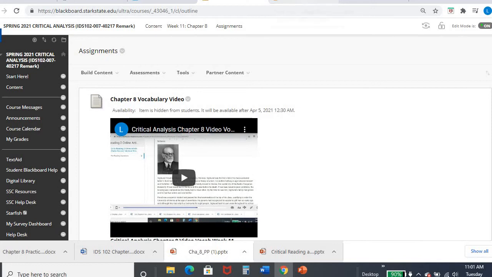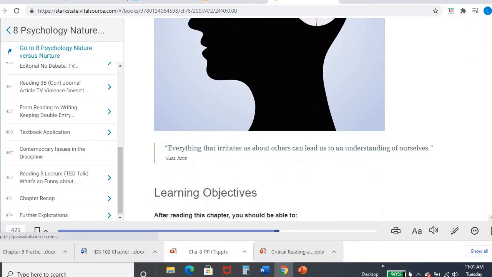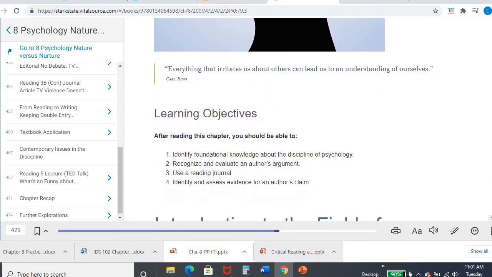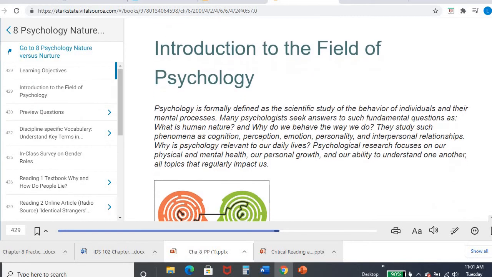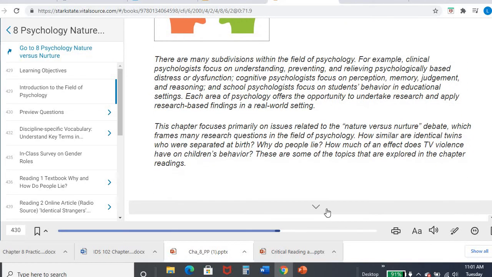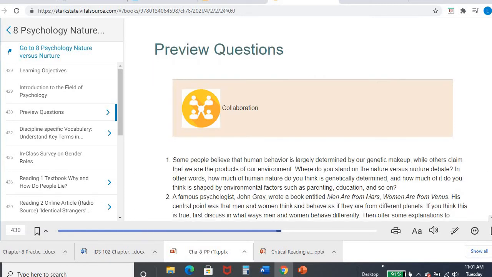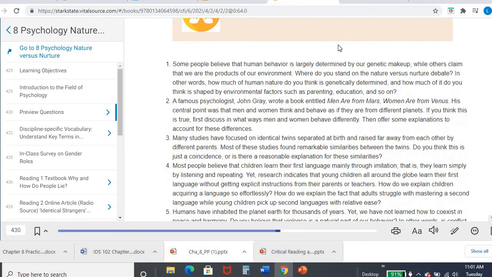Now let's go ahead and pull up your textbook. So in psychology, here's your little introduction, nature versus nurture, one of the bigger debates in psychology. There's your little introduction, so I would encourage you to read the introduction. And of course, as always, you have some beginning of the chapter questions, one of which I always pull and use for our discussion post. So I do use our question here.